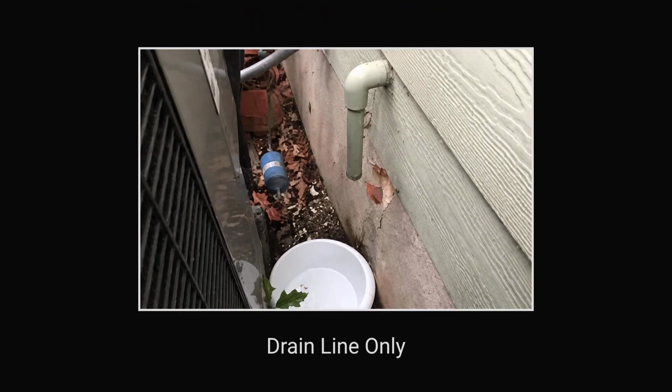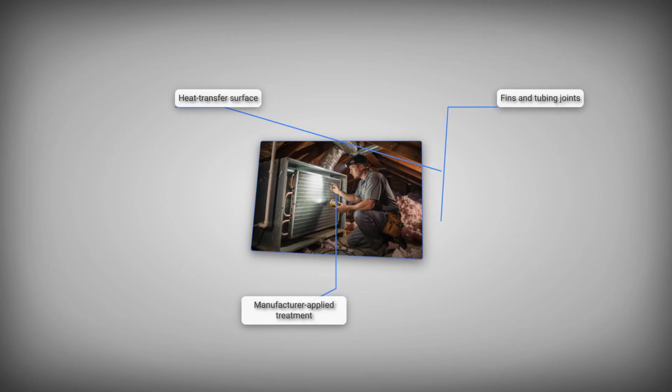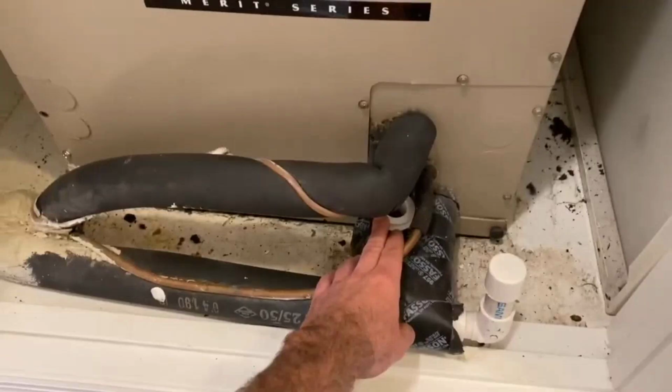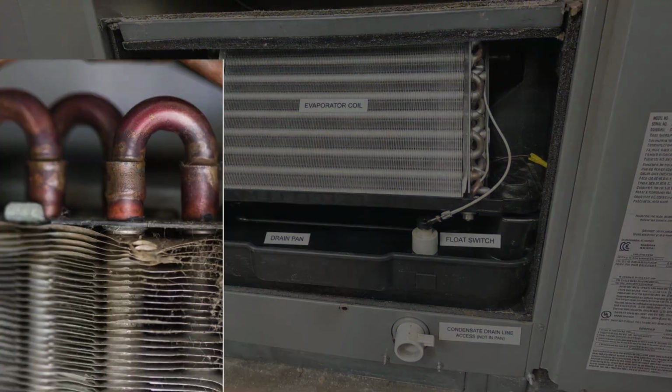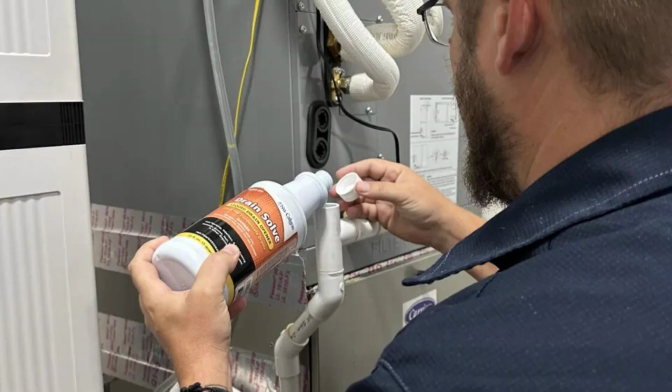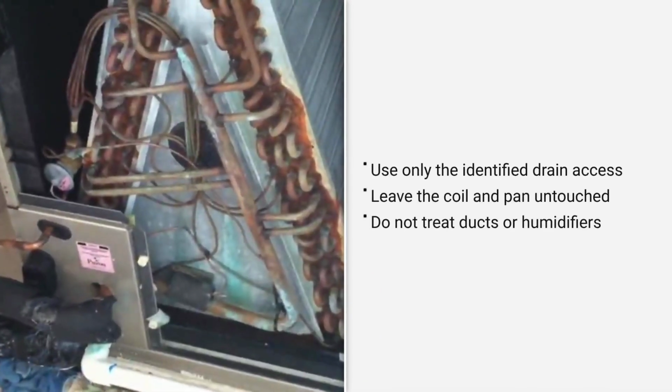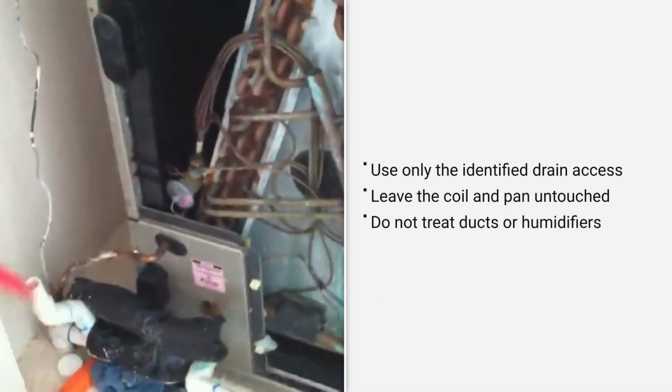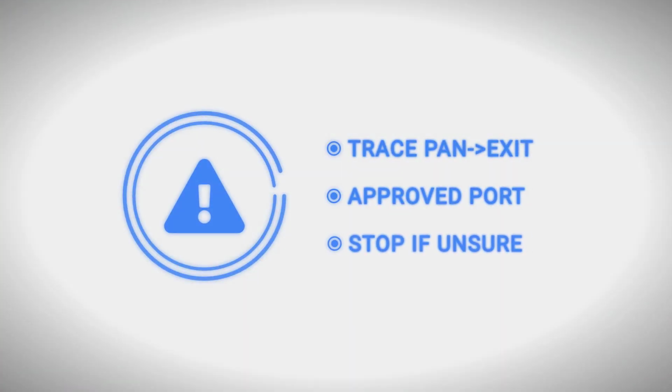A condensate line is intended to carry water out of the house. A coil is a heat transfer surface with fins, joints, and sometimes manufacturer-applied treatments. A float switch is a control device. The fact that all 3 may be near the same pan does not give them one cleaning procedure. Keep the instruction attached to the identified drain access. Do not move it onto a coil, pan, duct, humidifier, or unidentified opening. If you cannot trace the drain from the pan to the exit and identify the manufacturer's intended access point, stop